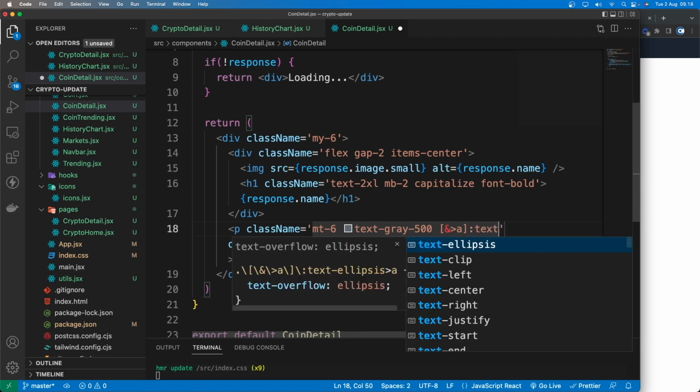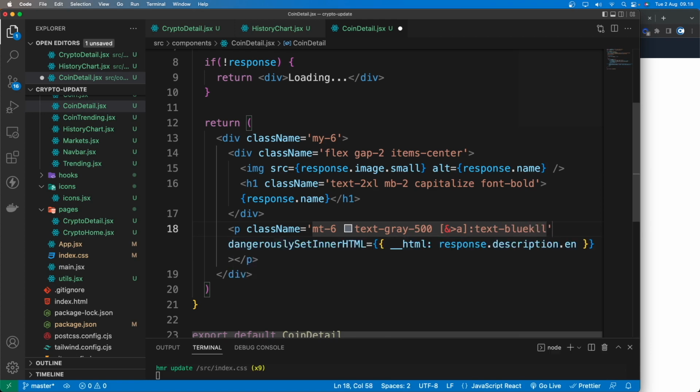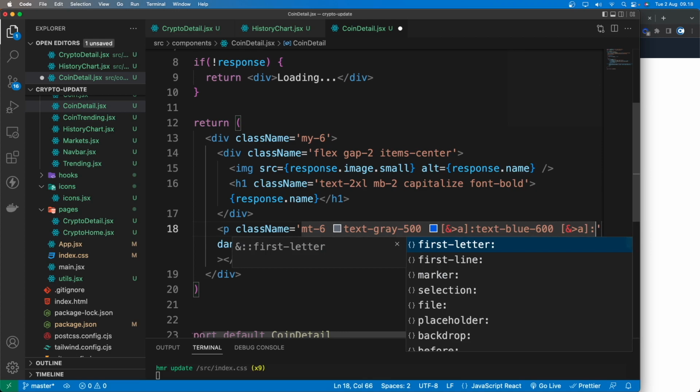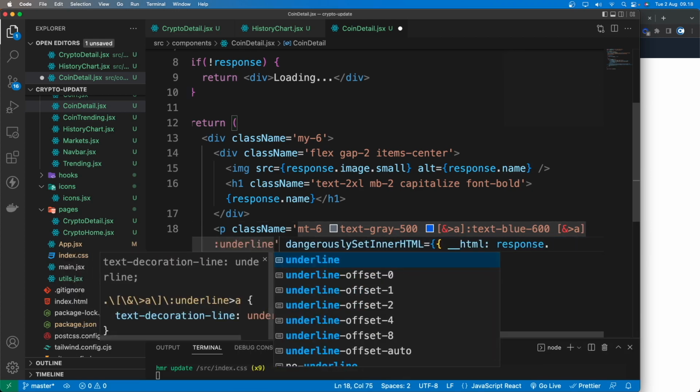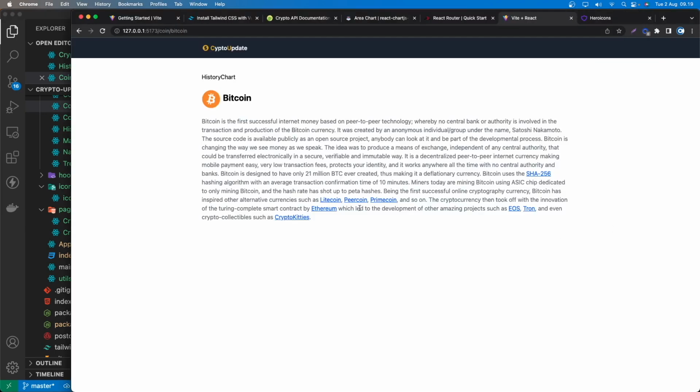So let's say text blue, and I'm going to say 600 with blue and then 600. Okay, let's grab that again, and I'm gonna grab the anchor tag, and also here I'm gonna say underline. Okay, so now all the anchor tags inside the p tag here should have a color blue, as you can see here. Okay, nicely, right? So I think we're done with this